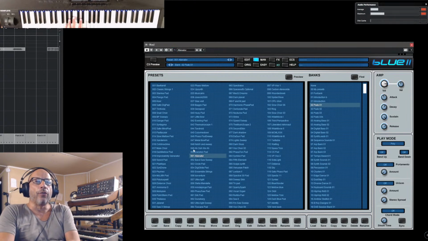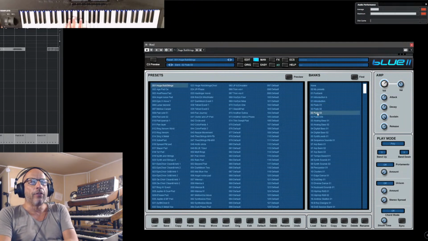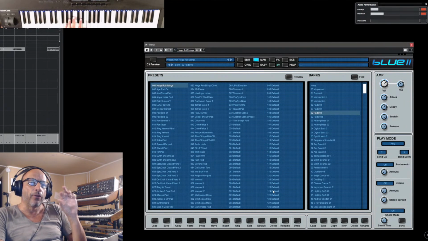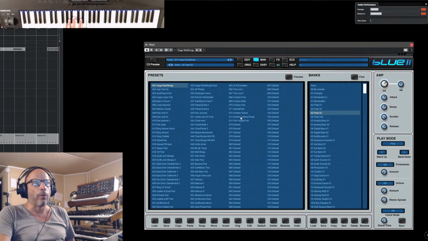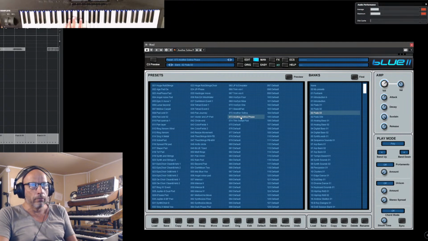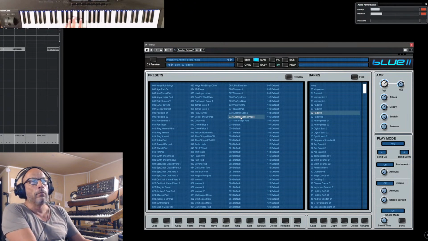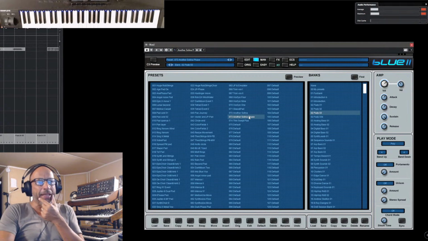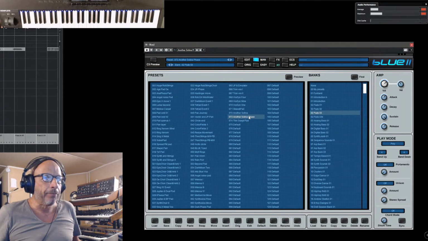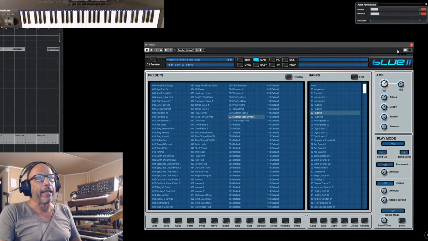Yeah, you see, that's also the reason when you see Pads 1, you see 128 presets, and in Pads 3, you see a lot of default, but that's because this bank does not have all the presets on board yet. So yeah, I'm not sure if it's possible. Maybe it is, but for sure in Blue 3 you will have this feature, and of course also tagging,